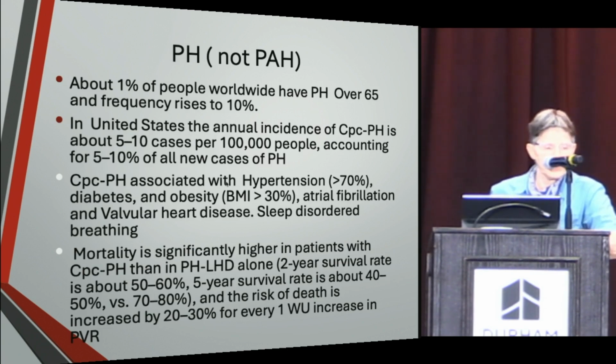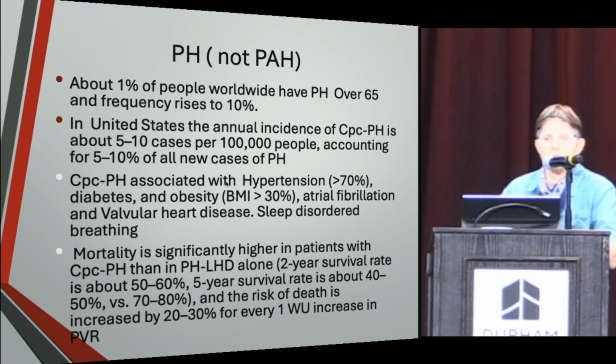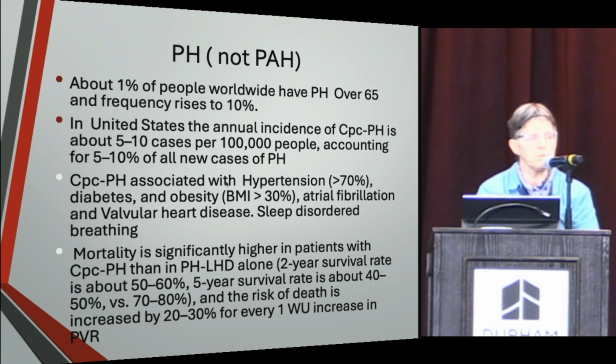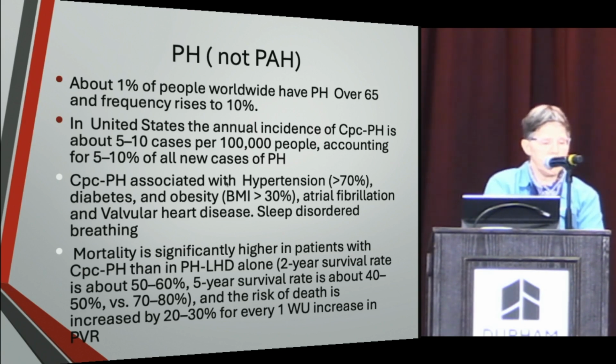Sudar went over some of this data. So huge amounts of people have PH, not necessarily PAH. The incidence is about 5 to 10 cases per 100,000 people in the US and accounts for many of these cases. CPC-PH is more associated, if we take all of the people with PH and ask who is going to get this combined PH,